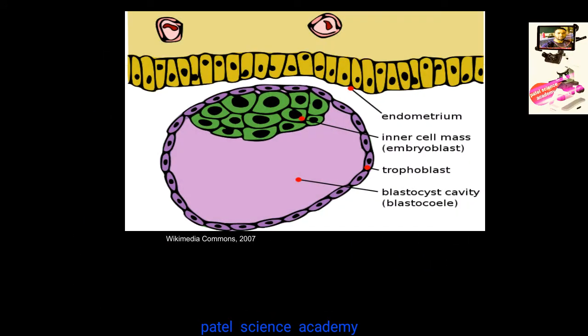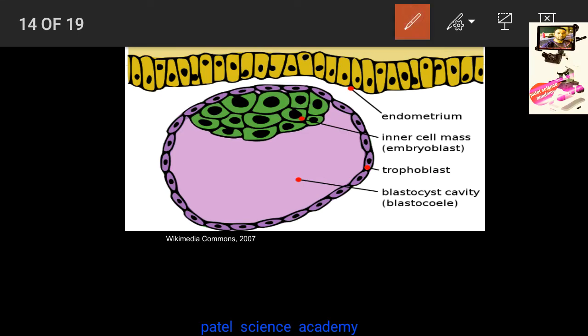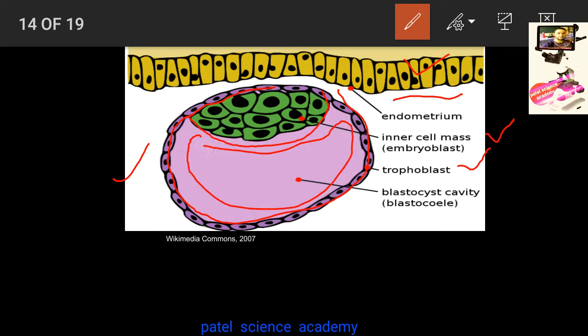Now the further development takes place. This is the wall of the endometrium, that is the uterus wall, and you can see this is the blastocyst. This is the inner mass, you can see here in the green color. It assumes its shape at one point, and then these blue color cells are the trophoblast cells layer, and this space here is called the blastocyst cavity or blastocoele, and this structure